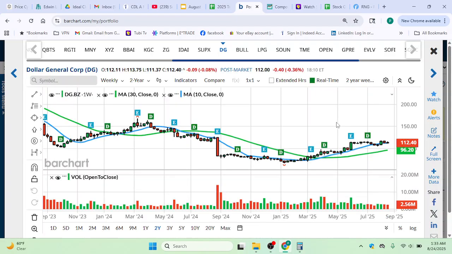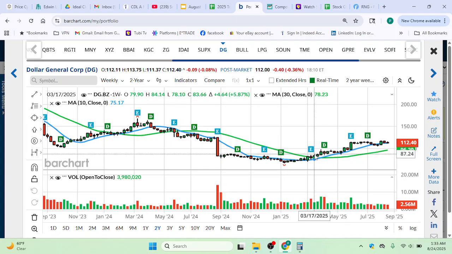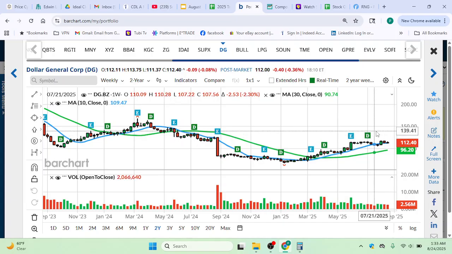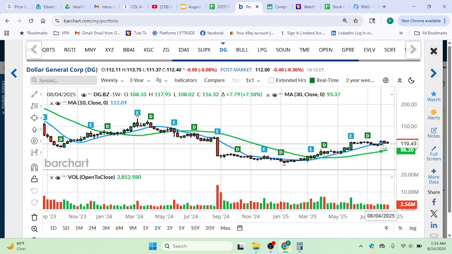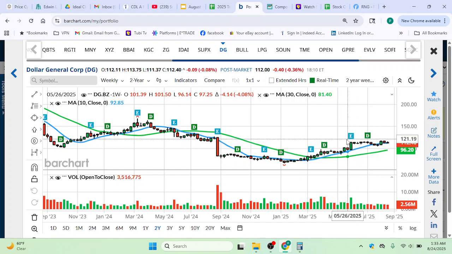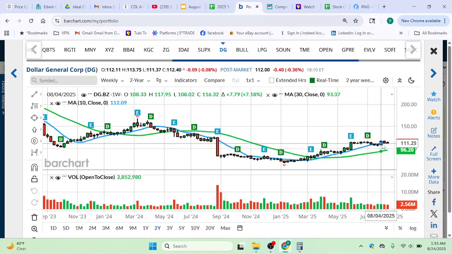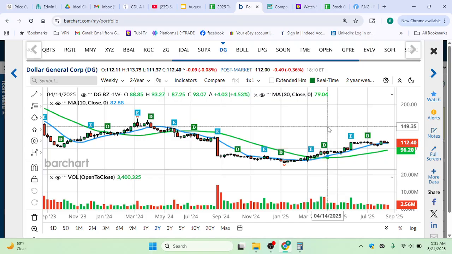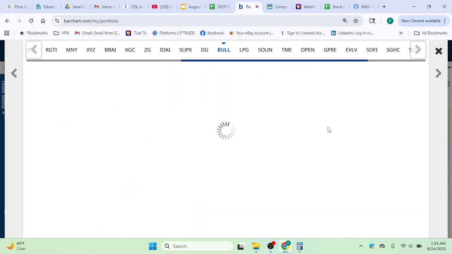The dollar store companies, Dollar Tree and Dollar General, have had a decent year so far. We'll see if they can continue that. Right now it's consolidating. I would watch for the earnings report on Dollar General and Dollar Tree. They have earnings coming up, should be pretty soon, maybe the next week or two. If we get a spike up on earnings, I would definitely consider getting involved in Dollar General and Dollar Tree because it just seems like these stores are popular. So that's why I'm involved in that.